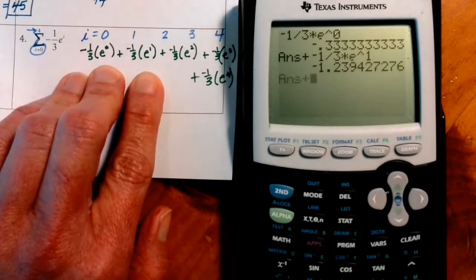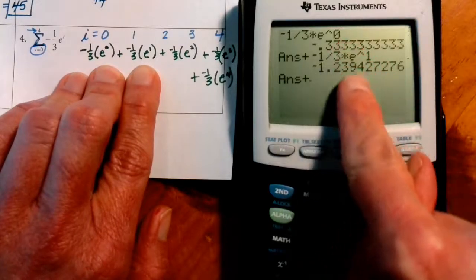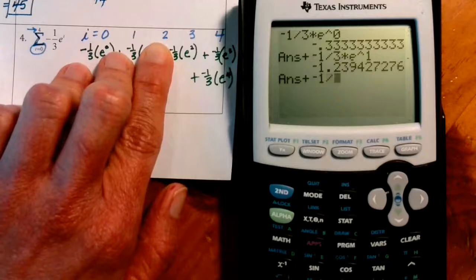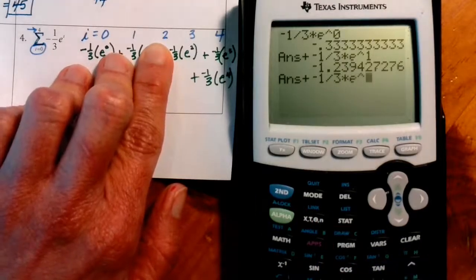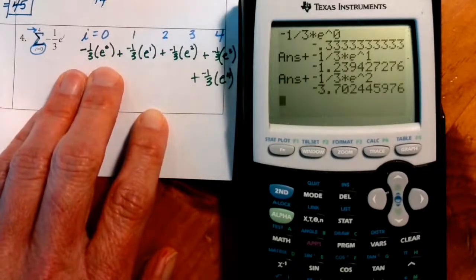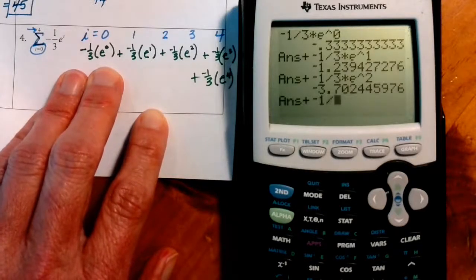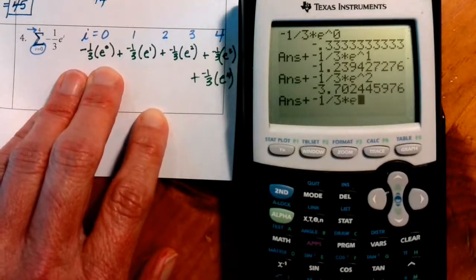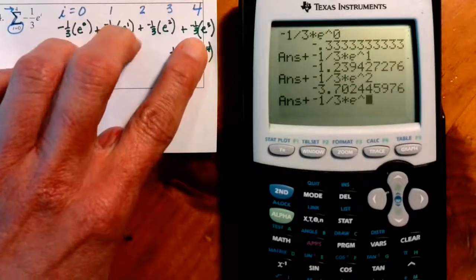All right, so here's what we want. We want to make sure we hit the plus sign. And we're going to add, here's e to the 0, here's e to the 1, next comes e to the 2. Negative 1 divided by 3 times e to the second power is going to be equal to, and then we're going to add it to negative 1 divided by 3 times e to the, and here I'm up to my third power,